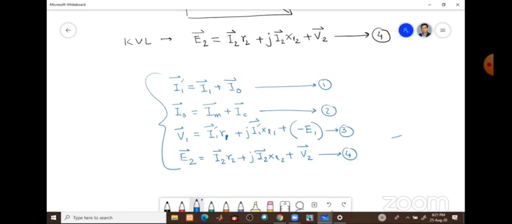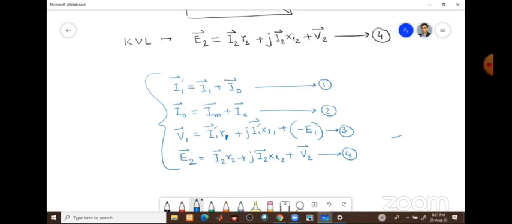MMF is the variable of a magnetic circuit, and EMF is the variable of an electrical circuit. So now I am discussing only the electrical part of the transformer. N2, I2, all this magnetic term I discussed during the discussion of transformer principle of operation. There, when there is a load, due to this load current, there will be some MMF I2 N2. So that is the MMF,